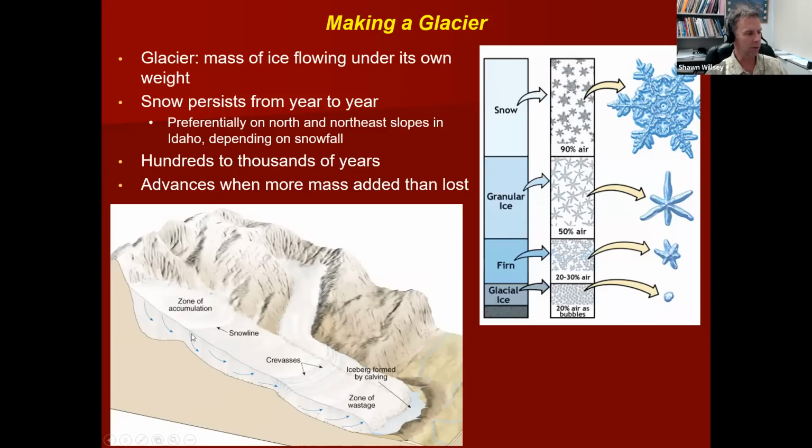And in any given glacier, it's kind of a checks and balances, right? So you've got added material at the top and loss of material at the bottom. And it really just depends on the given sort of climate from year to year or decade to decade as to what this glacier is going to do. If it's adding more mass at the top than it's losing at the bottom, then it will move further down and it will advance across the landscape. If, on the other hand, it's losing more at the bottom than it's adding at the top, then the glacier